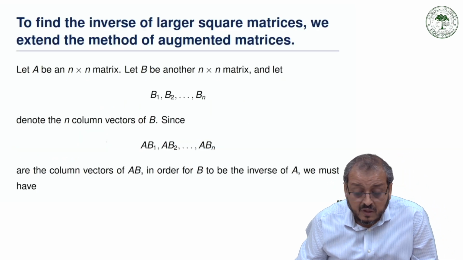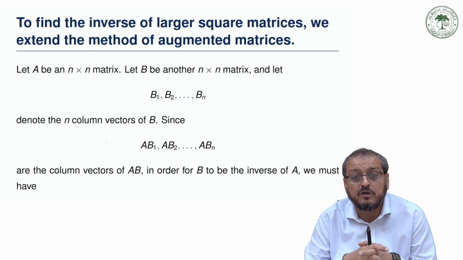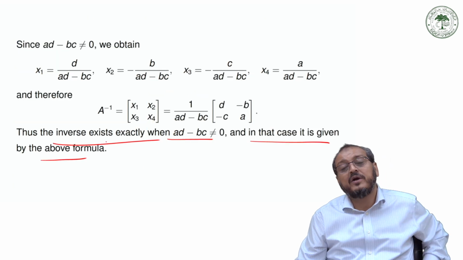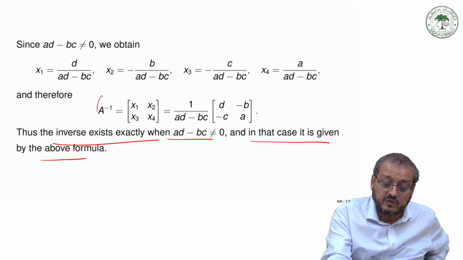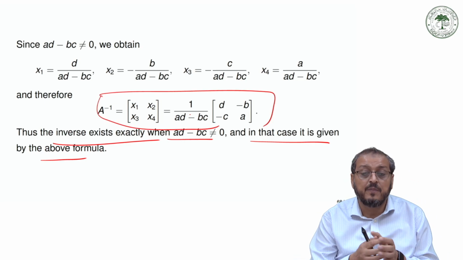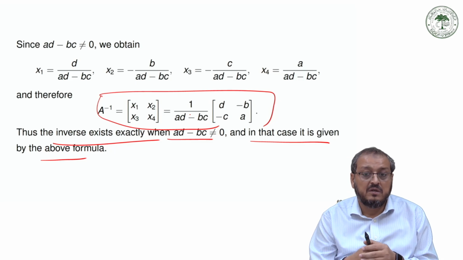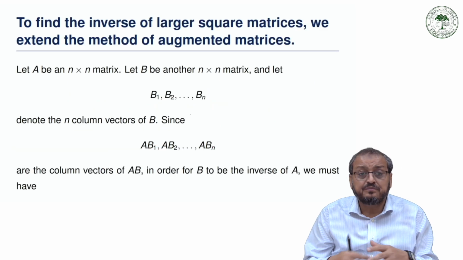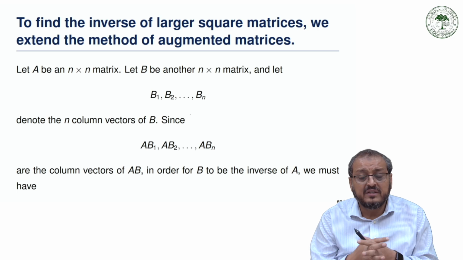Now, to find the inverse of a large square matrix, because so far we have worked only with 2 by 2 matrices, that method is applicable only there. If you have a 2 by 2 matrix, its inverse is 1 upon ad minus bc, and then we swap a and d, change the signs of b and c, and multiply. But if we have a larger matrix, an n by n matrix A, and B is another n by n matrix,